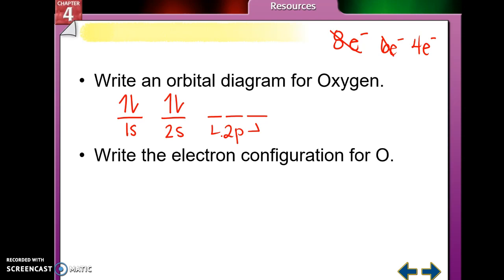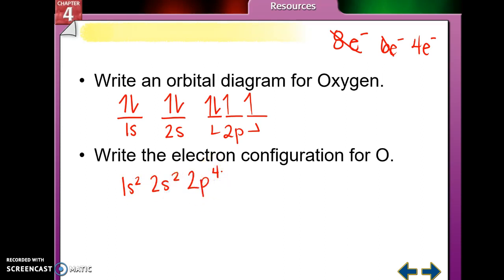So here is where Hund's rule comes into play. I'm going to put electron, electron, electron. And then one oppositely spinning electron for Pauli's exclusion principle, excuse me. So the electron configuration for oxygen is going to be 1s2, 2s2,